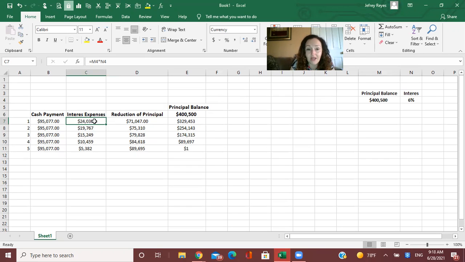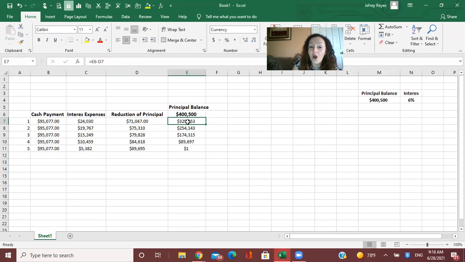So this is the amount. The interest expense is the principal times the interest rate, and that's why they give me $24,030, right? Then the reduction of the principal is the cash payment that we have minus the interest that we pay, right? So the reduction of the principal gives me this amount, and we are going to reduce the principal balance